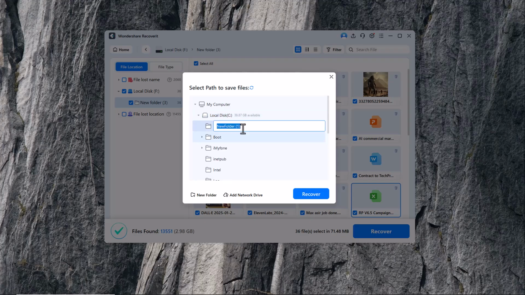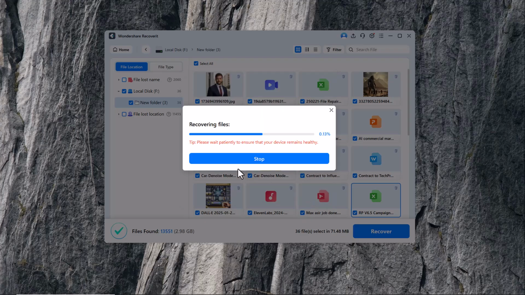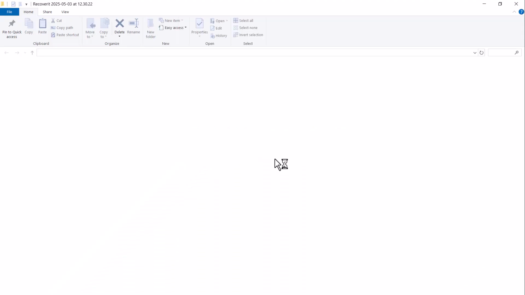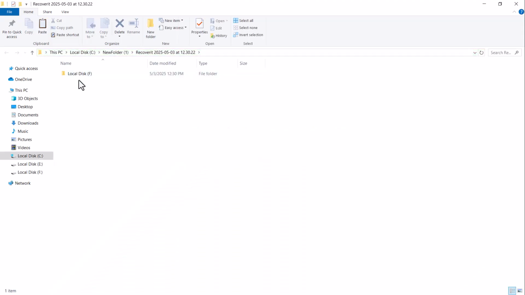Choose the location where you want to save the recovered data. I will create a new folder here. And as you can see, all my data has been successfully recovered, including audios, videos, images, PDF, Excel files, everything.